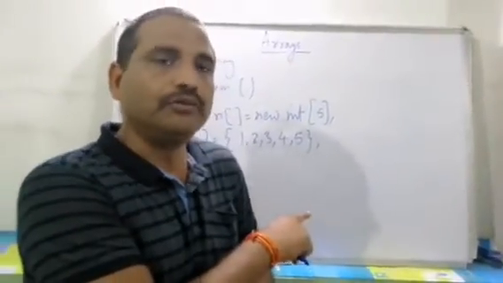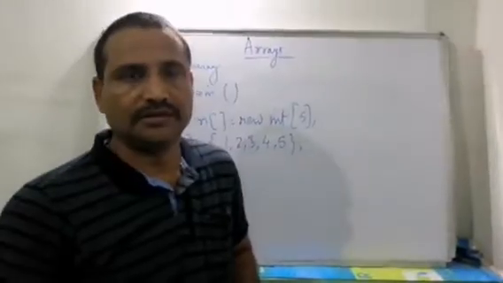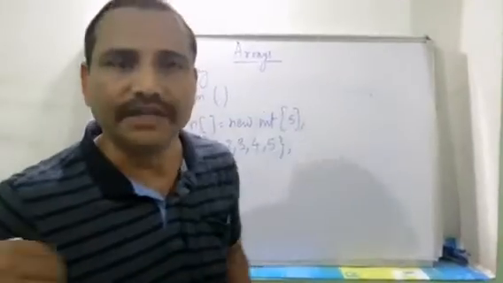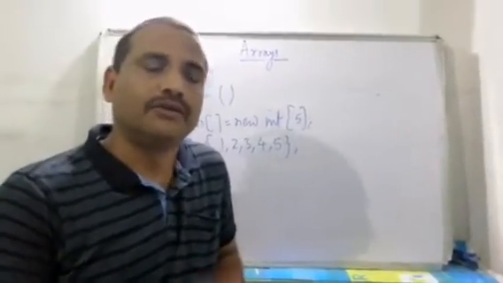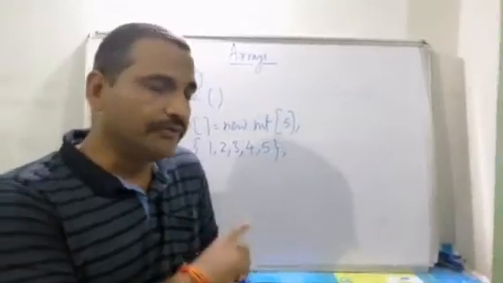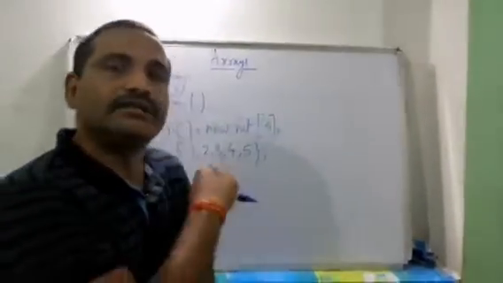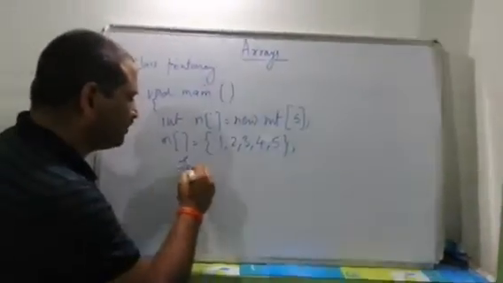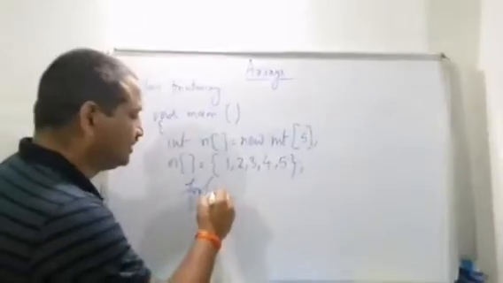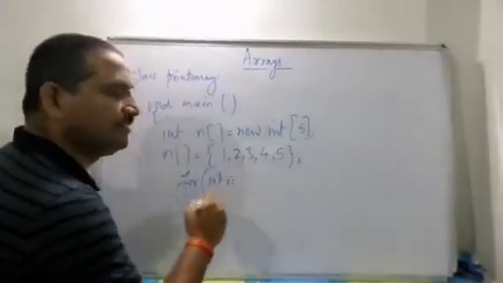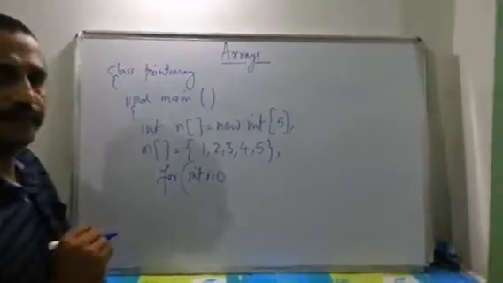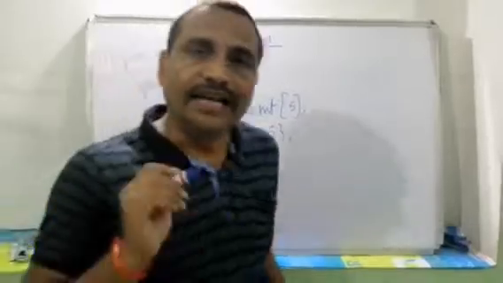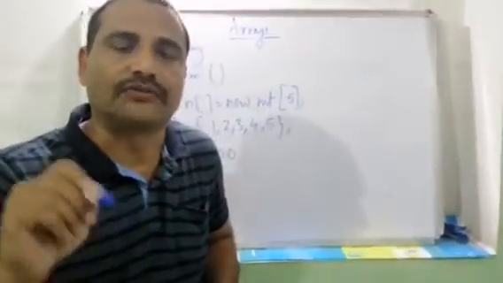And how many times do we have to repeat the statement? 5 times. In this situation, when we know the exact number of repetitions, we use the for loop. So here we will use a for loop to repeat a single statement. For the initialization statement, int i equals to 0. Why 0 are we using? Because index values always start from 0.